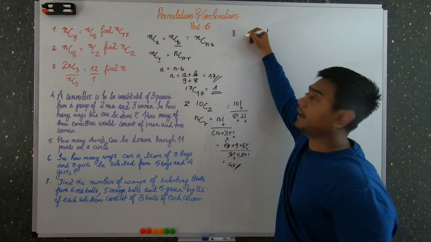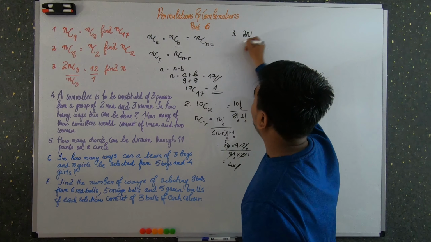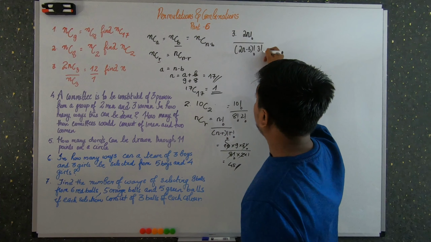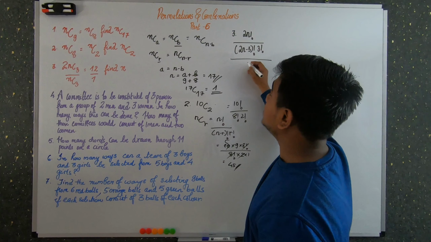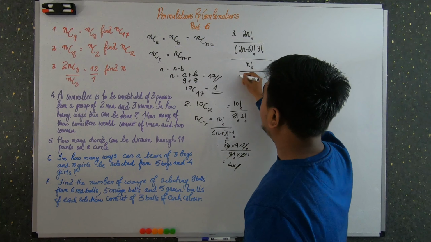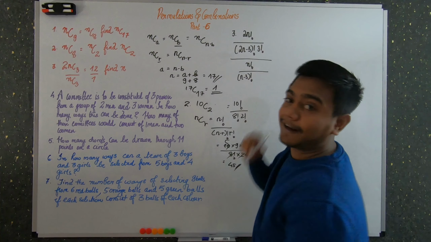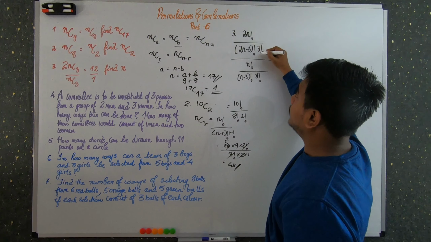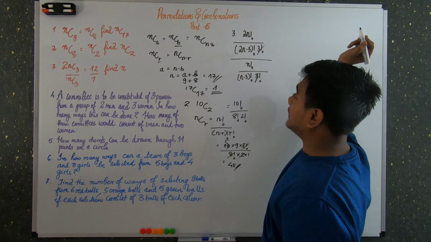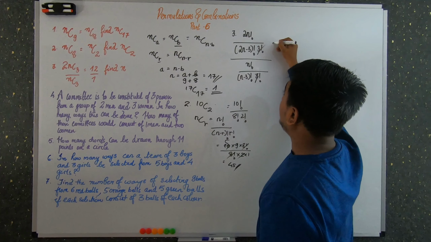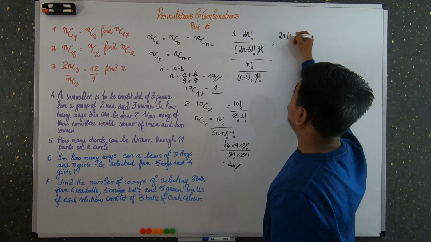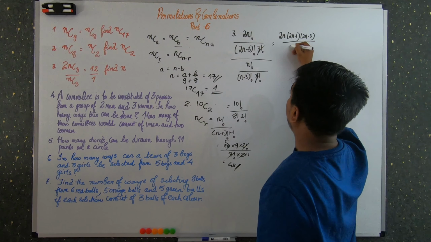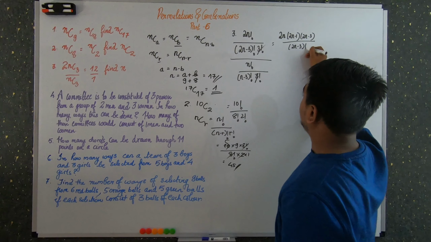Okay, now let's discuss another problem based on that. 2nC3. What is 2nC3? Just substitute the formula. So it is 2n factorial by 2n minus 3 factorial into 3 factorial, right? Again, what is nC3? n factorial by n minus 3 factorial into 3 factorial. So what will you get? Here the 3 factorial and 3 factorial will get cancelled, and now we can simplify it and write it as 2n into 2n minus 1 into 2n minus 2, and 2n minus 3 factorial is also there.